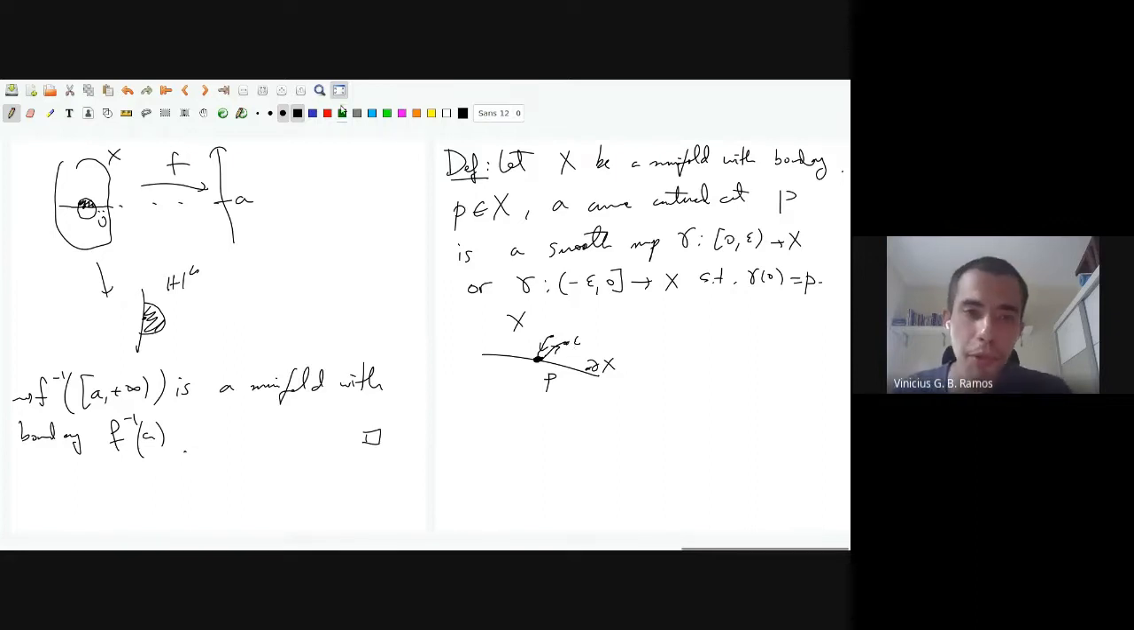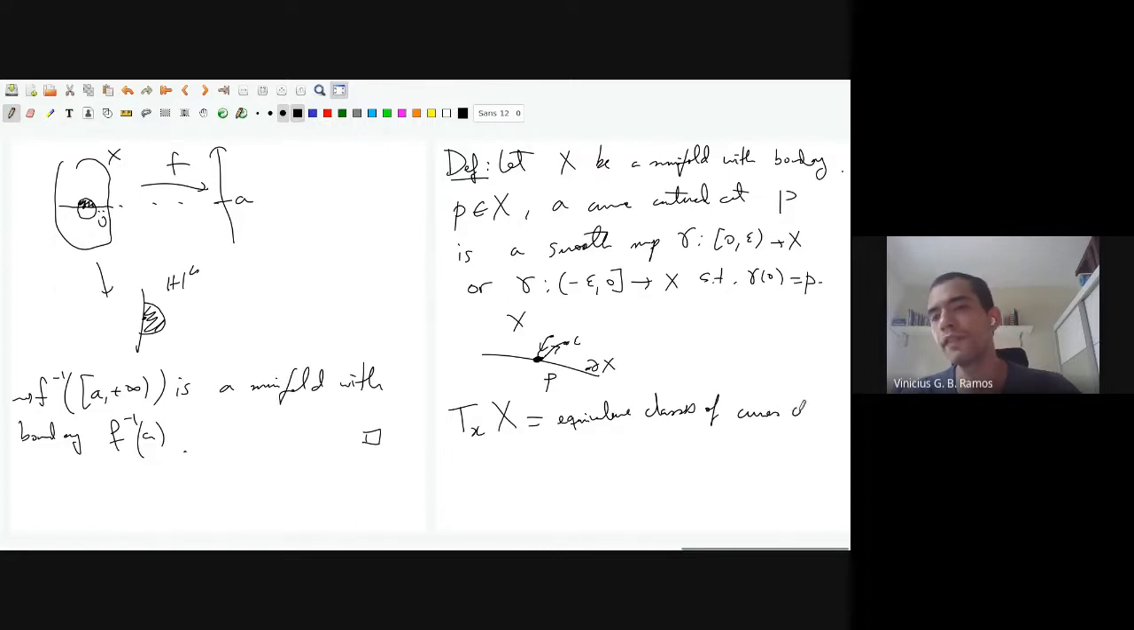But when I say that it's smooth, it means that in a chart around P, I can actually continue this curve a little bit. Okay? And, as usual, we can define the tangent space at X to be the equivalence classes of curves centered at P, where the equivalence class is just given by the derivatives being the same in a chart. Okay, so the equivalence relation